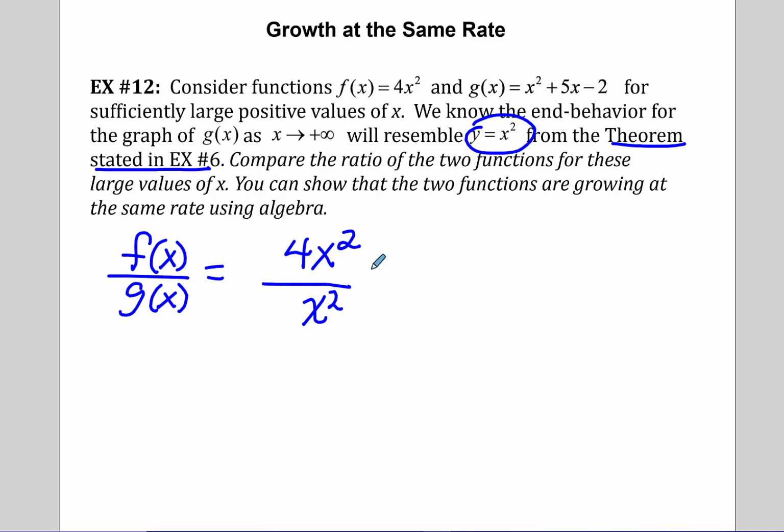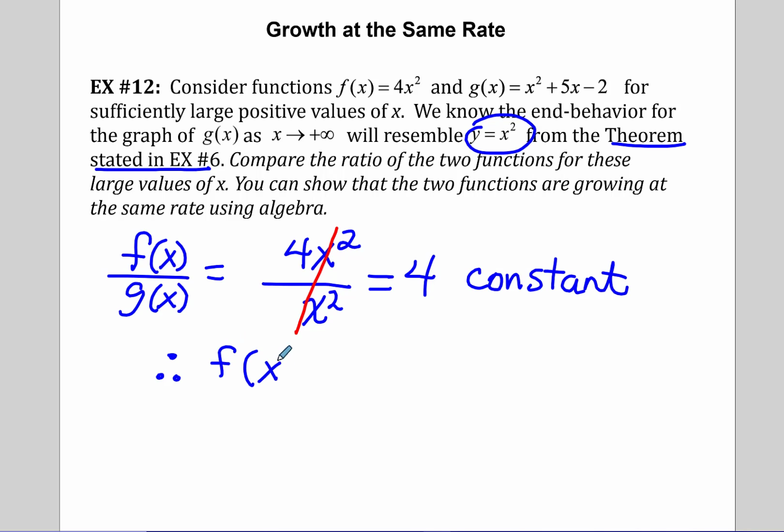When these are the same, you could algebraically think of removing that, and when I got a constant number like that, a finite answer, then I know no matter what the multiplier, that f and g grow at the same rate. So we can say that in a sentence here. Grow at